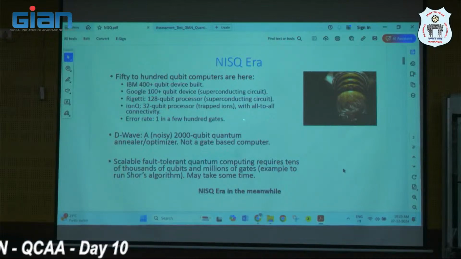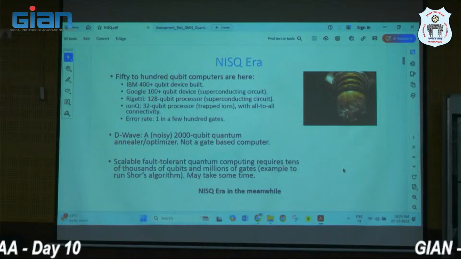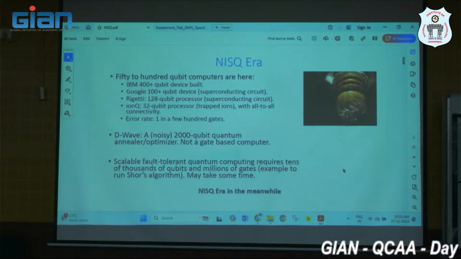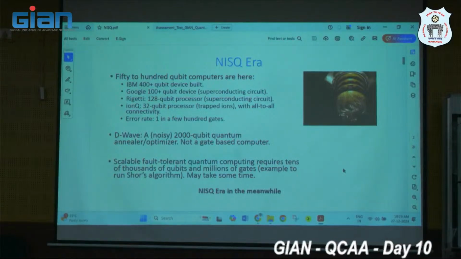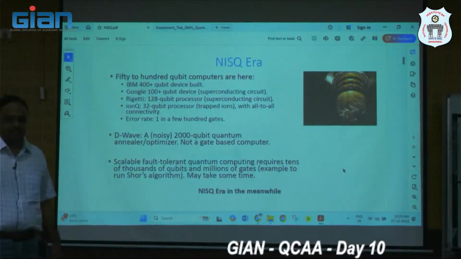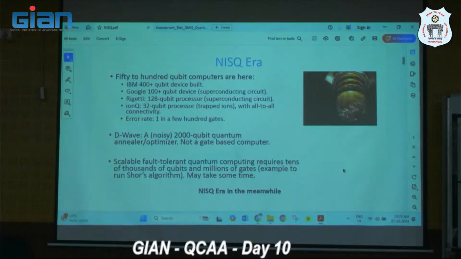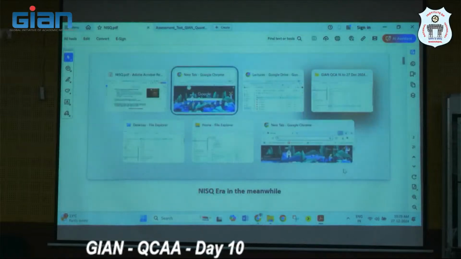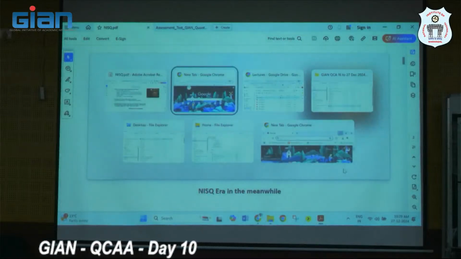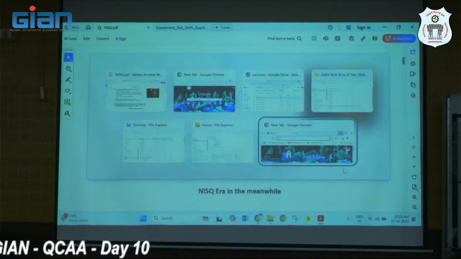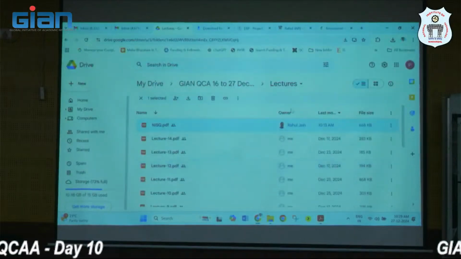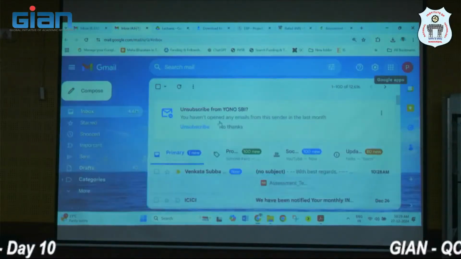Error, as claimed, is like one in a few hundred gates, let's say. In fact, recently there was this announcement of the Willow chip by Google. What they claimed there was that for the first time they have been able to make the physical error go below what is known as the threshold. Okay, what is threshold? Threshold is